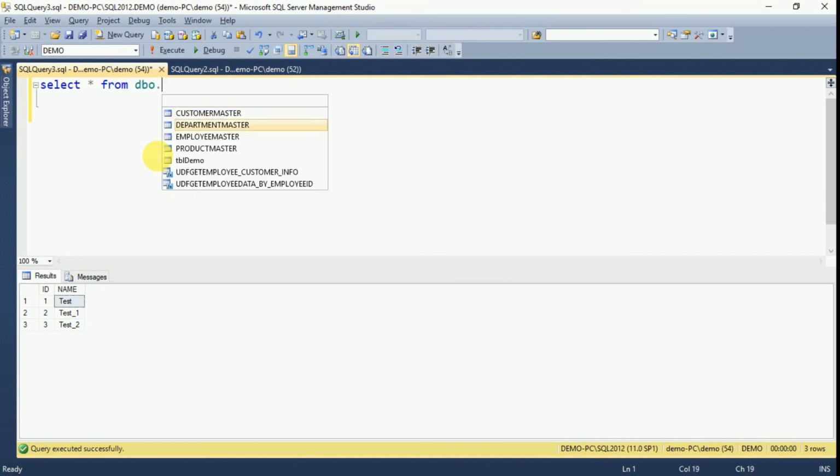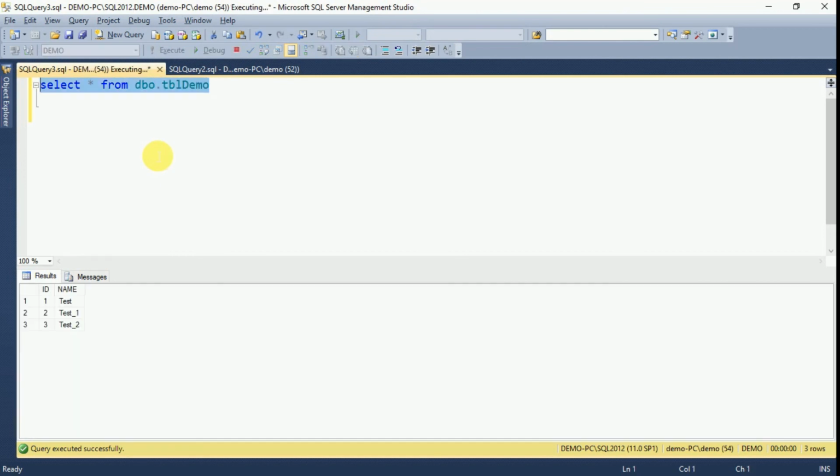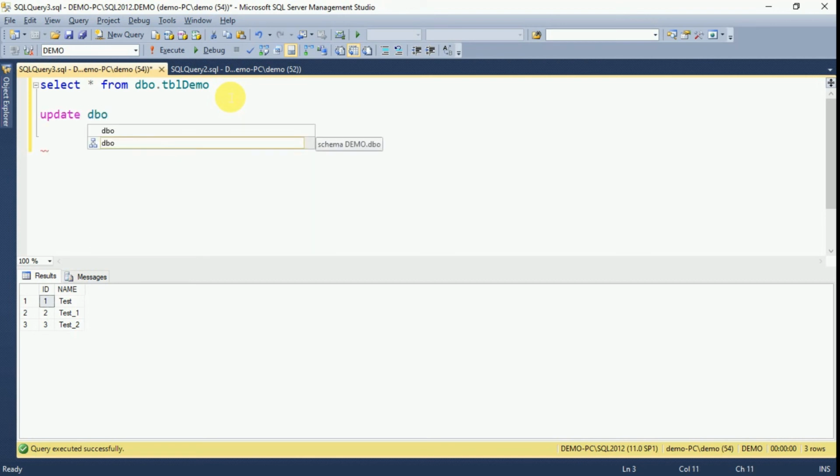We are going to use the same table for update also. We have 3 records in TBL demo. We will update the first record with the condition. For that we have to use the update. We have to pass the table name